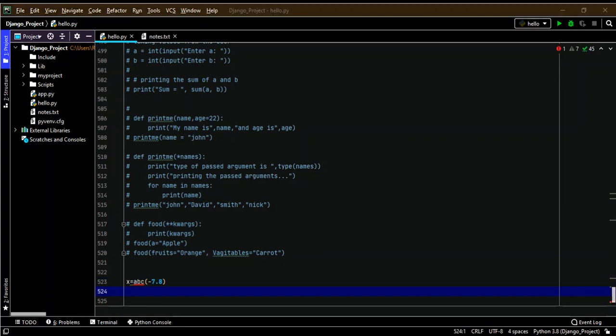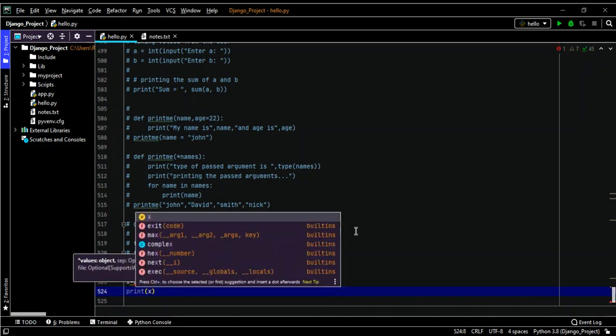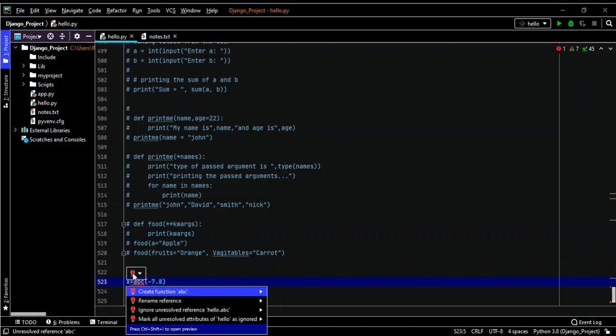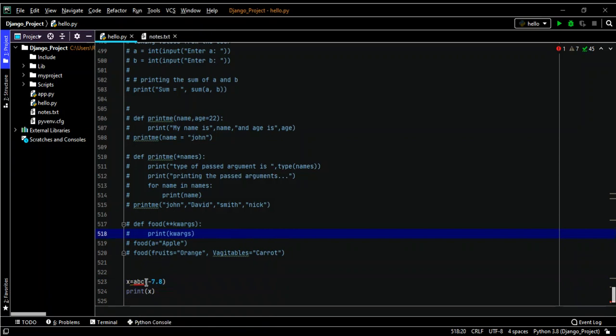Now I will print the absolute value. Sorry, it is not abc, it's abs for absolute.